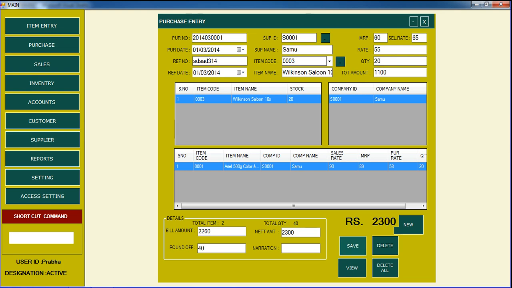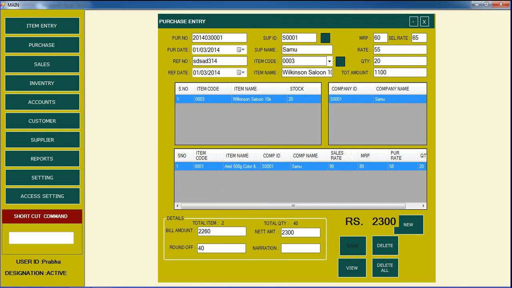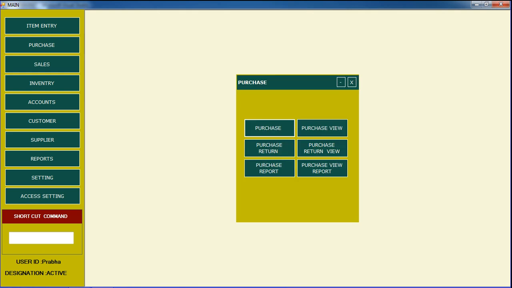Then I go to save it, and it will ask here whether it is cash or check. After choosing any payment method, just submit and it will be saved automatically. After that we can manage it. Everything functions by the save, insert, update, delete concept only. So that is the first part I wanted to tell about this.